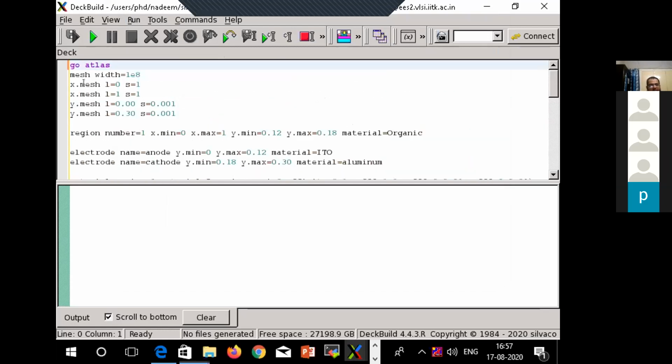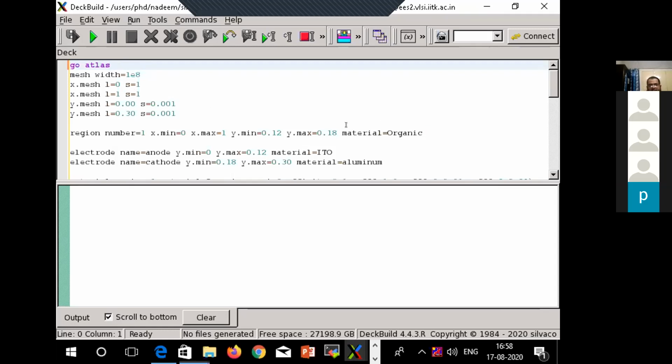So basically what is being done here, so Atlas, we will see it here only. So go atlas, so Atlas will be invoked here, and the mesh has been created. So the X dimension is from 0 to 1 micron, a small device structure. It is a scaled version, and the spacing is constant. Okay, the Y dimension is 0 to 300 nanometer. The spacing is 1 nanometer. The grid is created like this. And the Z dimension is a large value, so it will be scaled in the Z dimension.